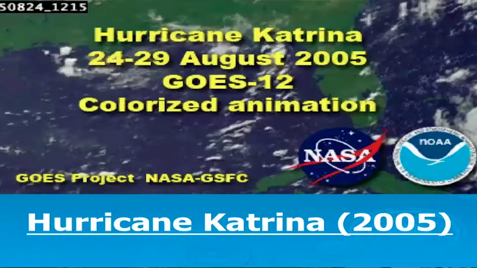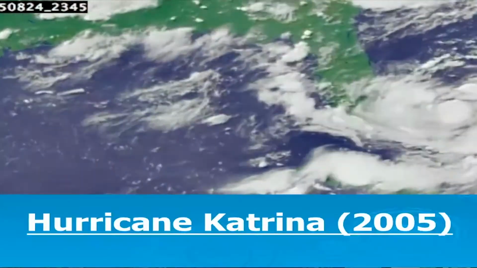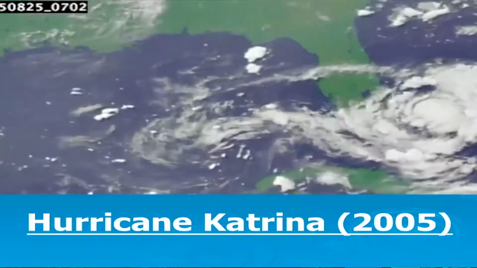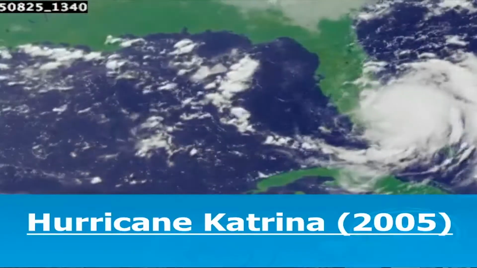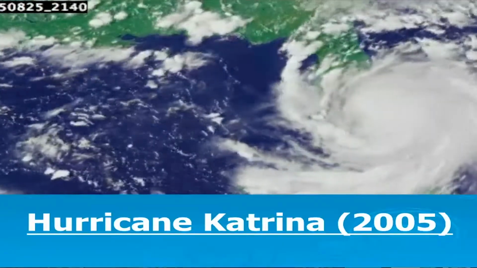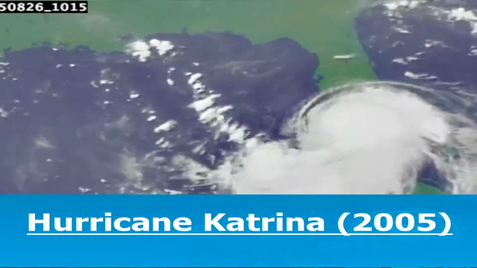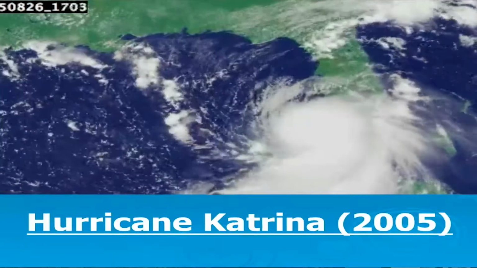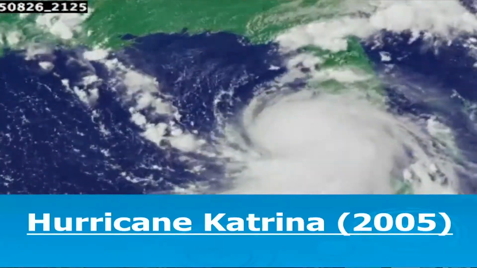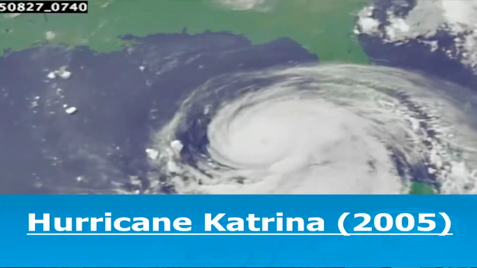Hurricane Katrina was a real bad hurricane for the Gulf Coast. And this is a video of its formation. It was a tropical storm as it approaches Florida there on the east or right side of the screen. Then it crossed over the mainland of Florida, and when it got into the warm water of the Gulf of Mexico, look at how quickly it explodes. You're going to see a clearly well-defined eye in the middle of the hurricane.